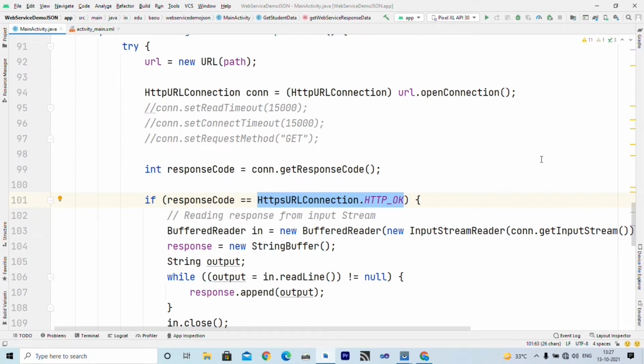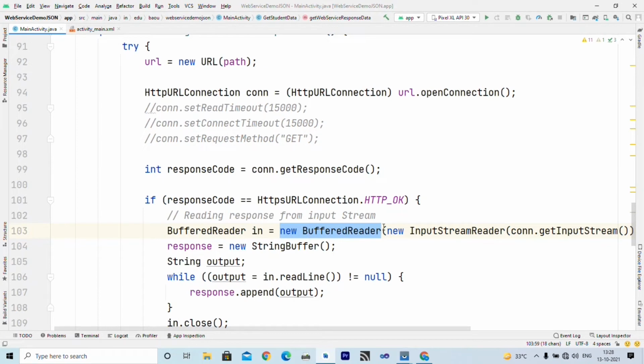Now what we can do is read the data returned by that URL, right? For that you require a BufferedReader. So for reading the response from the input stream of the URL, you require one BufferedReader.